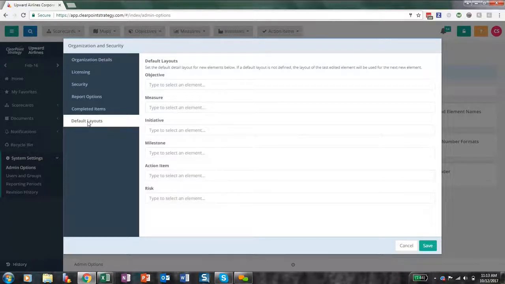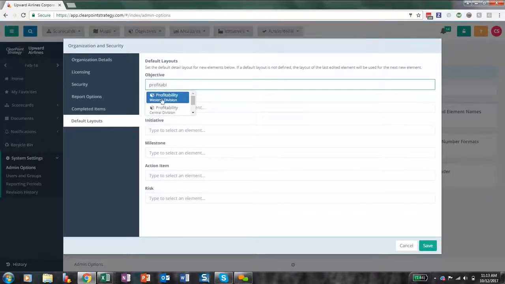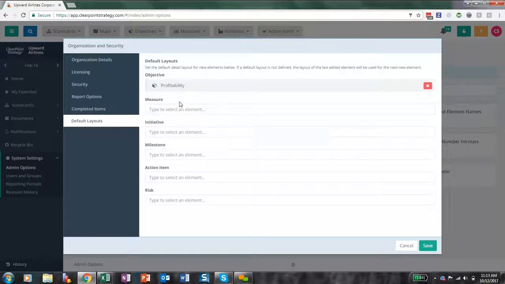Now, these defaults define what fields are going to show up on detail pages when you create a new element. And that's great for standardizing the information you show. Exactly. So these layouts are based off of the existing layout of a particular element. So if you set up a layout you really like, our profitability objective, for example, you can type the name of that element, select it from the dropdown, and going forward, any new elements you create are going to have the same layout